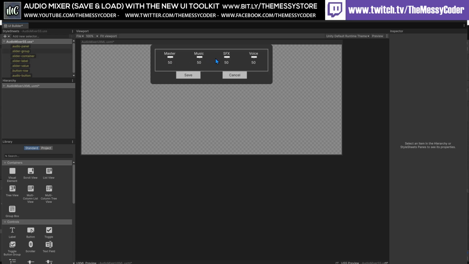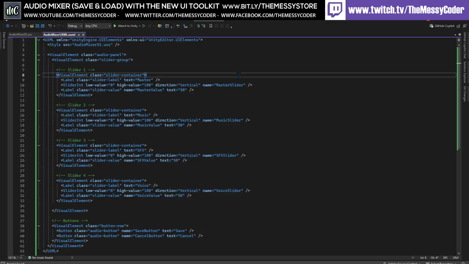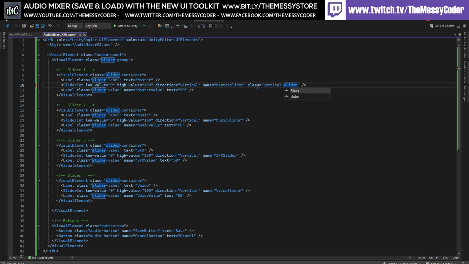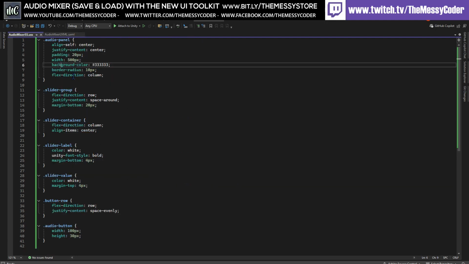I'm going to say, look at this. It hasn't really given us much to play with when it comes to the heights here. And I'm old school. I would go in here and I would start adding a class, and I would go vertical slider class, and I would add the class onto these,